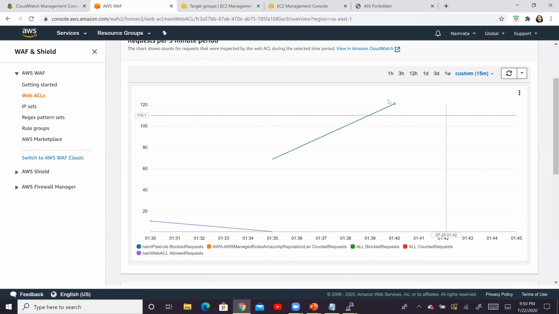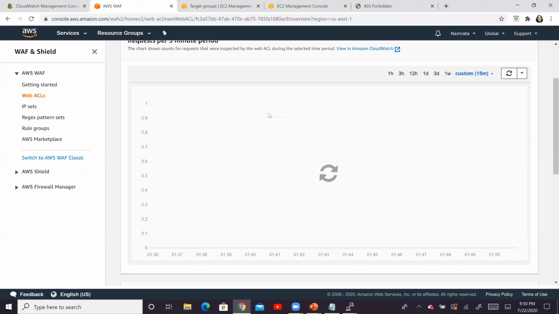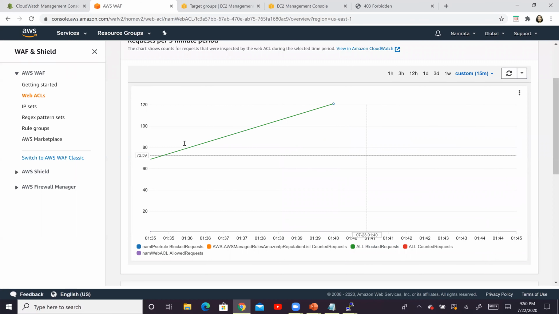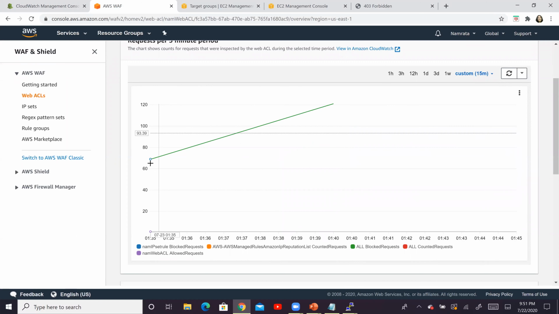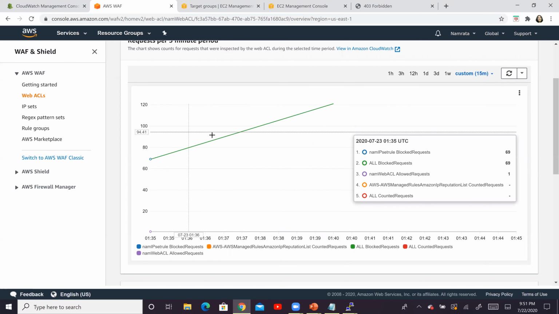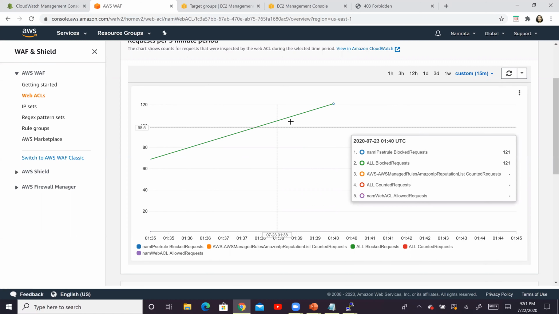Luckily, our metrics over here have also refreshed. If you see, the graph has refreshed, and we now see some information here. These are the total number of blocked requests. You see 121 right here, all blocked requests shown in green.